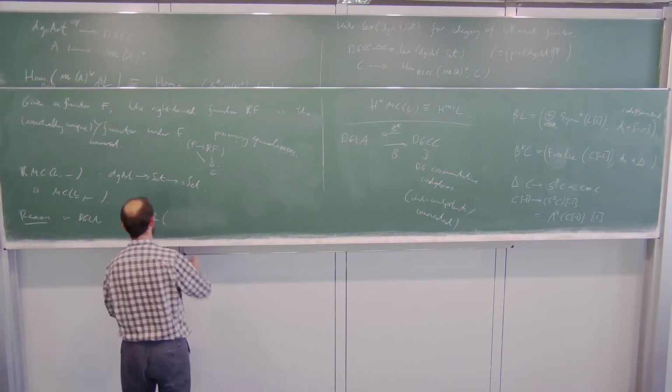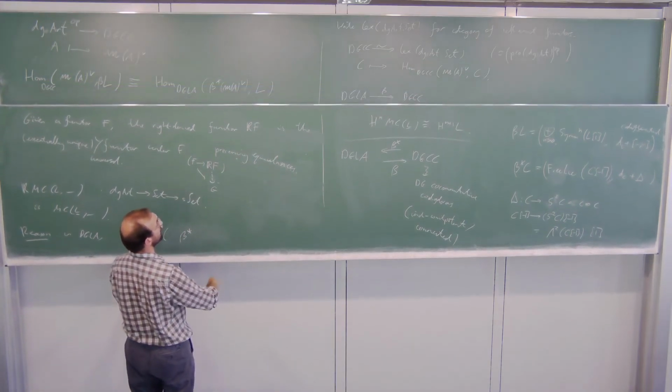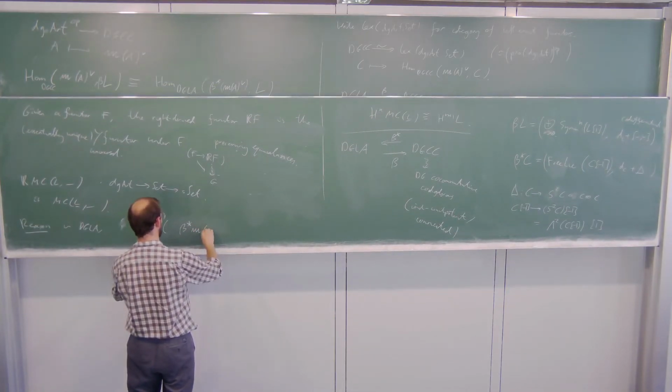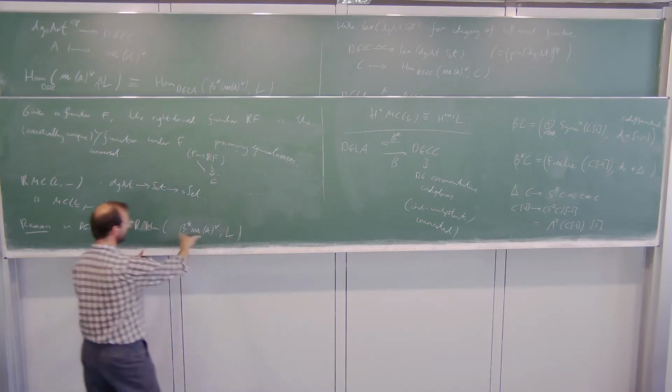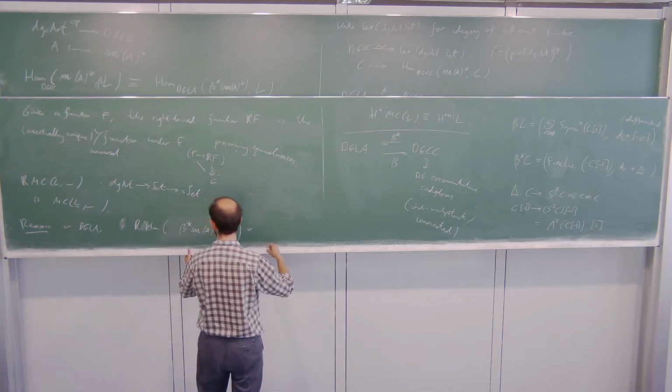So I said that MC was beta upper star MA dual to L. So if we derive that, so this thing was MC. If we derive that, we get